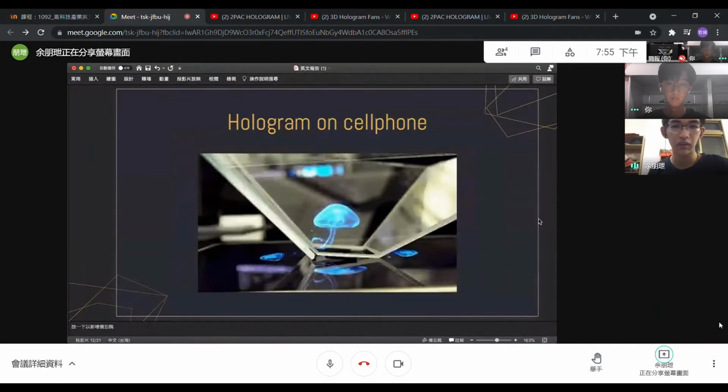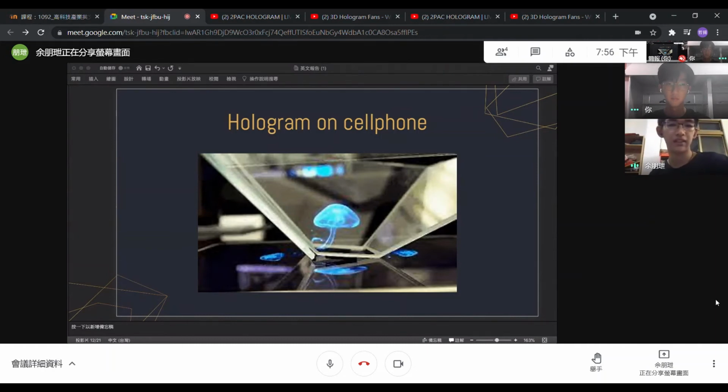Next one is hologram on the cell phone, which is much more valuable than all the above mentioned. Actually, I had made one in the physics class when I was in high school, but it was not really useful and took up space on my desk, so I threw it away. Anyway, you just need 4 pieces of acrylic or something transparent. Make its shape like a pyramid and invert it.